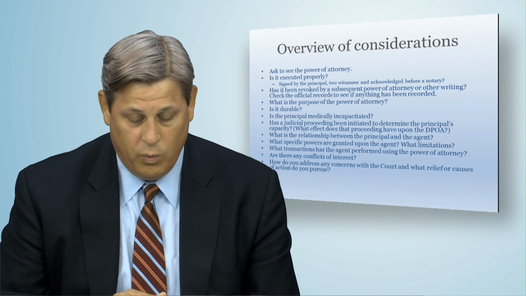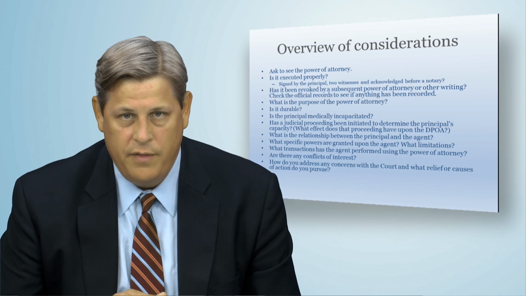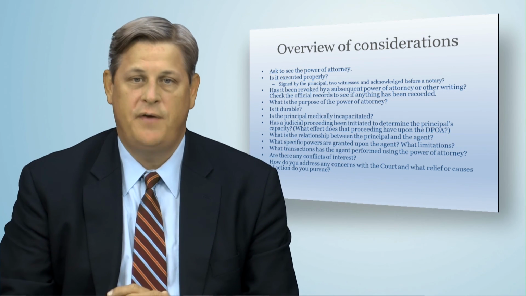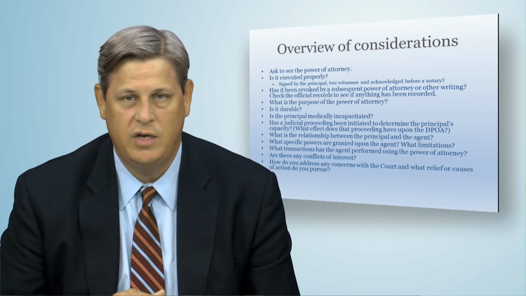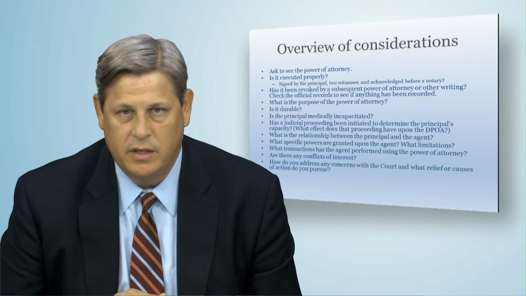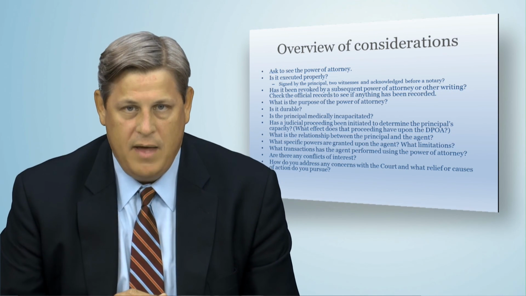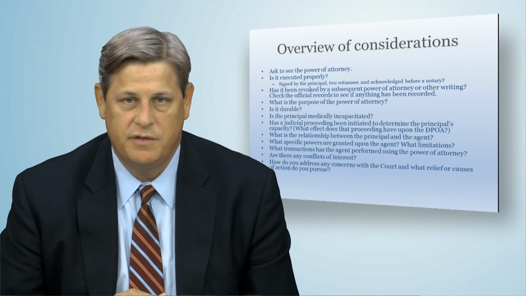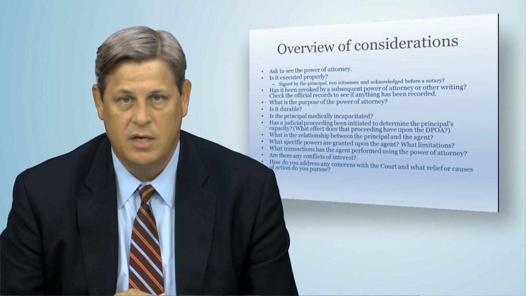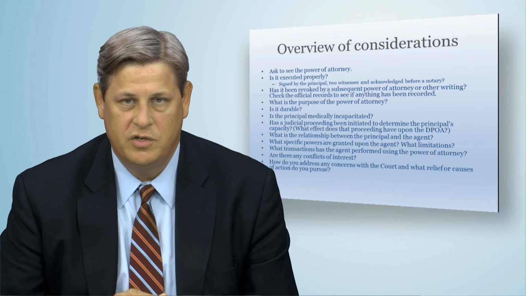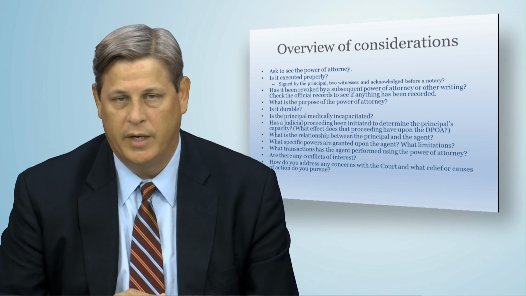For that matter, look at what the relationship is between the principal and the agent. Are they family? Because if they're family, then that power of attorney may remain valid even during the pendency of a proceeding. If they're not family, and there is the potential that they recently met, that may mean that there are presumptions that this power of attorney is being abused by the agent, and that the agent is not acting in the best interest of the principal, at which point there may be a presumption of criminal liability.